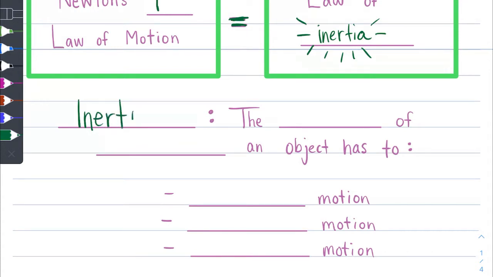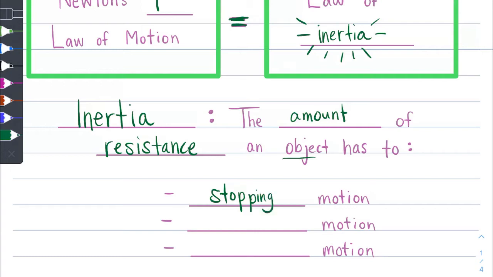First off, it's a really cool word, inertia. Inertia is the amount. So it's like a value. It's a way to quantify something, have like a number behind it. Even though we don't typically have a number, we can compare it from one thing to another. So it's the amount, it's how much of resistance. The amount of resistance an object has to either stop,